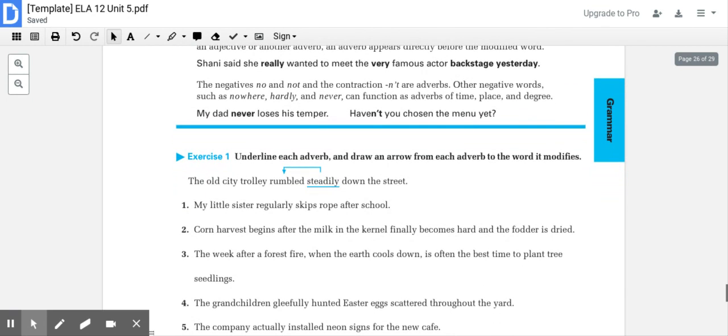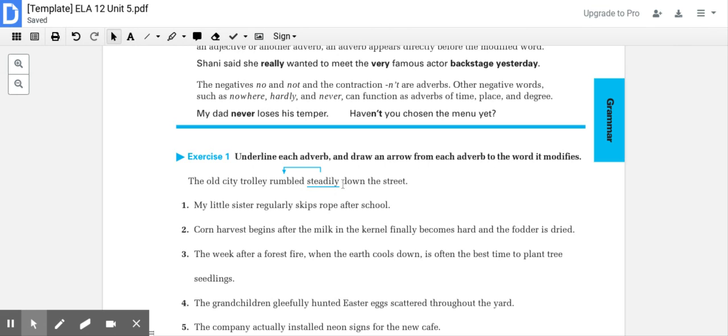We can look at, sometimes no and not and the contraction n't are also adverbs. So my dad never loses his temper. He loses his temper how much? Never. Haven't you chosen the menu yet? How much have you? You have not. In the first example, you can see you're going to